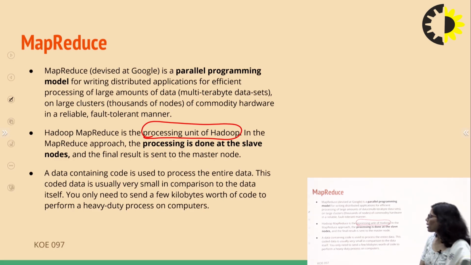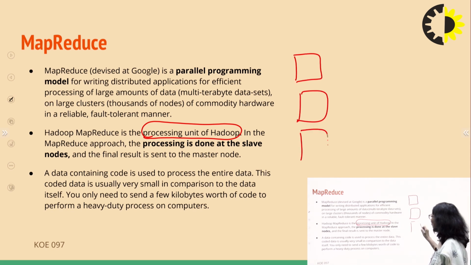So the data containing code is used to process the entire data. This coded data is usually very small in comparison. So this paragraph tells you about the data locality concept. That is, if my data is distributed across various data nodes and I need to manipulate that data,